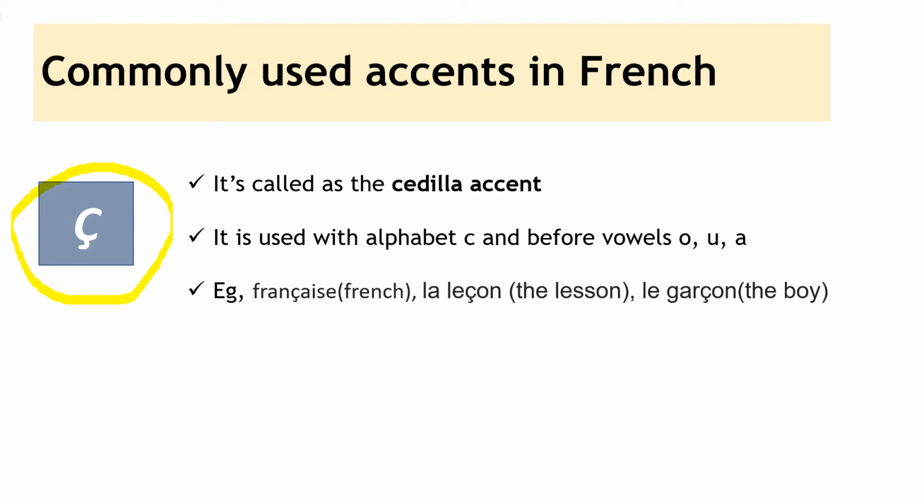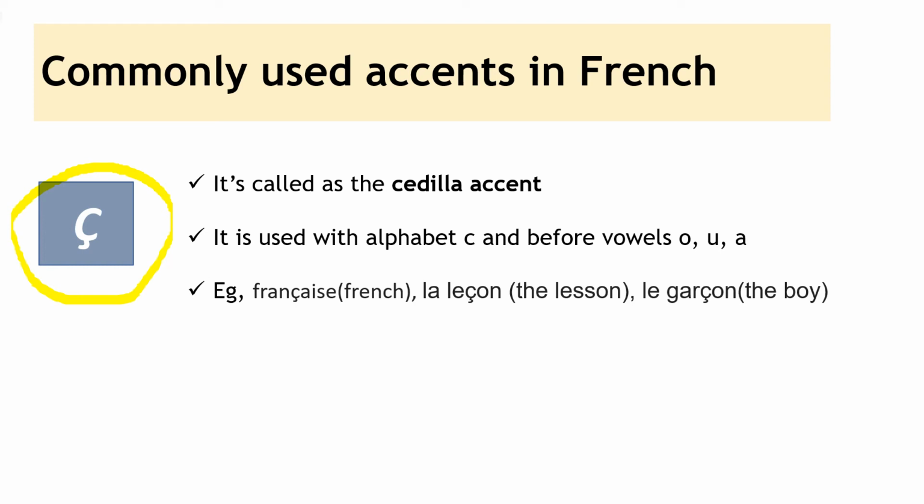Now this accent you will find with the letter C, and it is mostly used before the vowels O, U and A. Now when you use the cedilla accent before O, U and A, it gives the sound of S. For example, français, French, la leçon, the lesson,